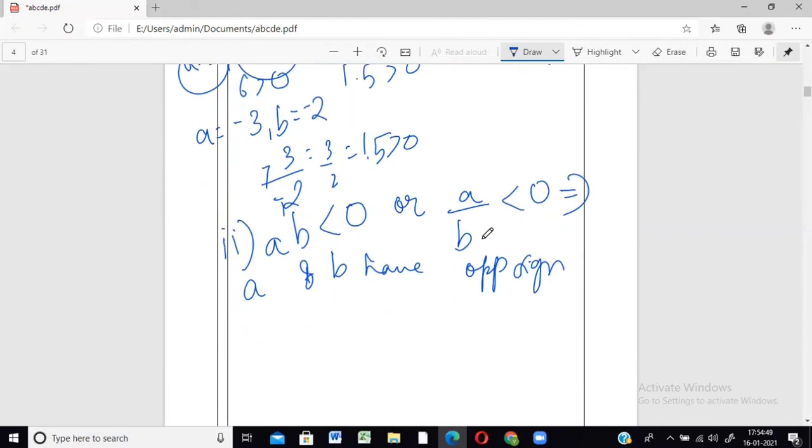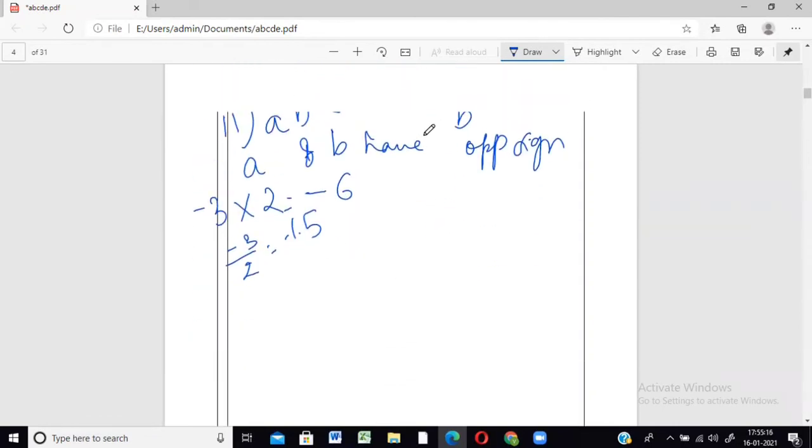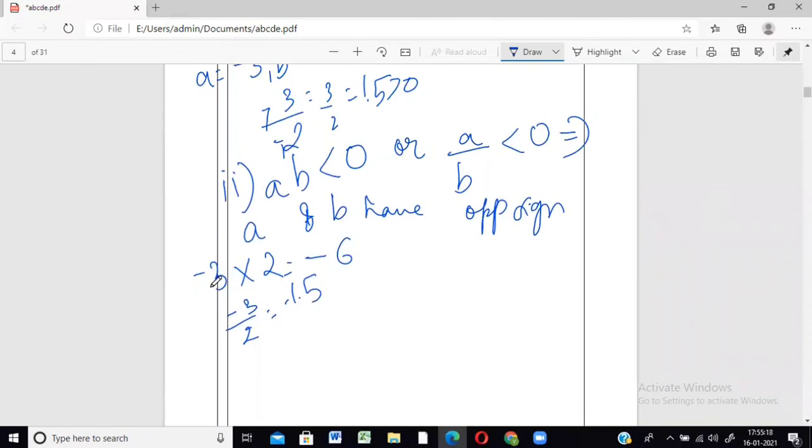Now what does it mean that the product of two numbers is less than 0? Suppose the product of two numbers is less than 0, right? Less than 0 means it is actually a negative number. So let us have minus 6. We know that minus 3 into 2 gives me minus 6. When you divide, A by B, that is minus 3 by 2, that will also give me a negative number, minus 1.5, right? So they should always have opposite signs. Or else the opposite, 3 and minus 2, this case only happens.